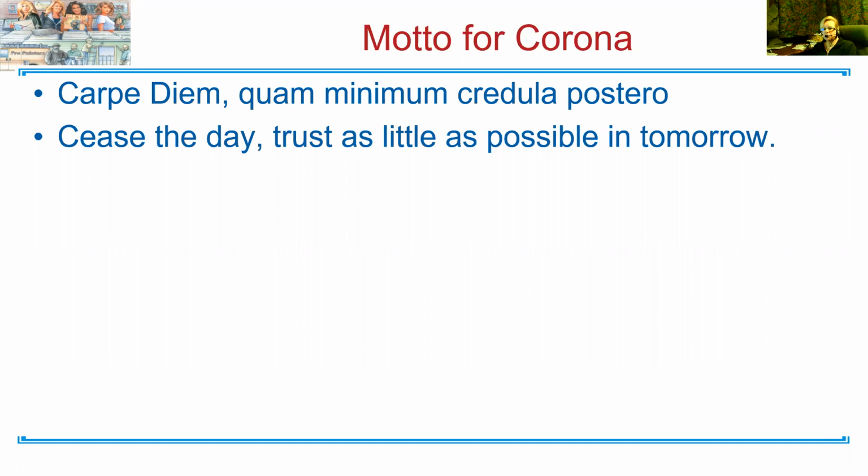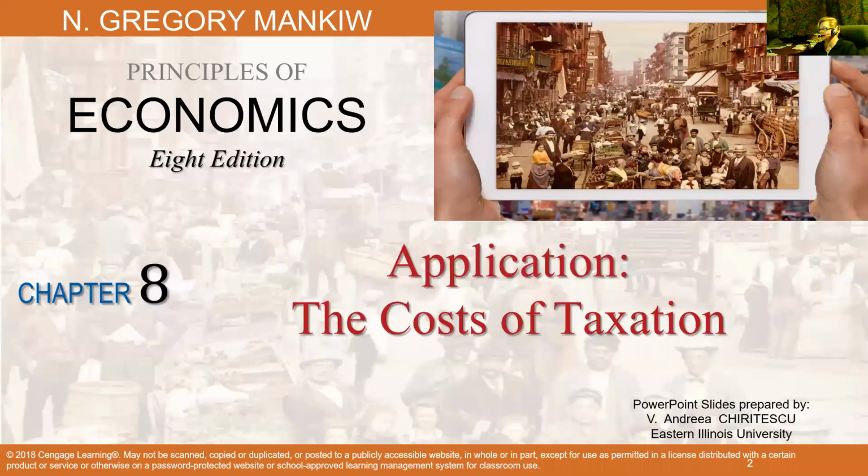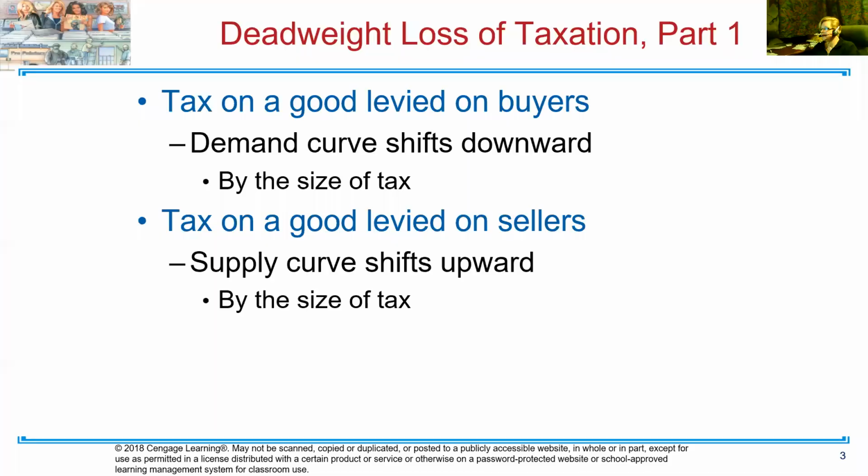So without further ado, let's go ahead and start on Chapter 8. Chapter 8, what we're going to do is take a look at how taxation impacts total surplus. And we're going to see that in this section of welfare economics, things are not as easy as what we had said, nor are things as efficient as what we have said.